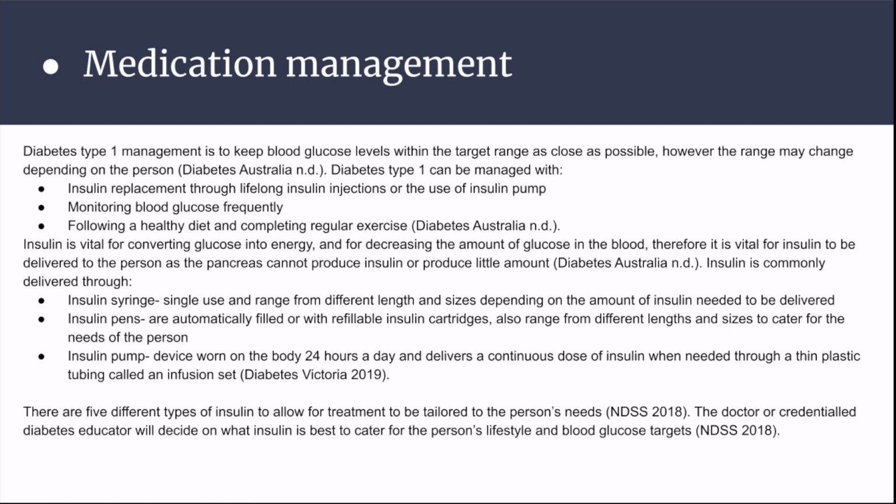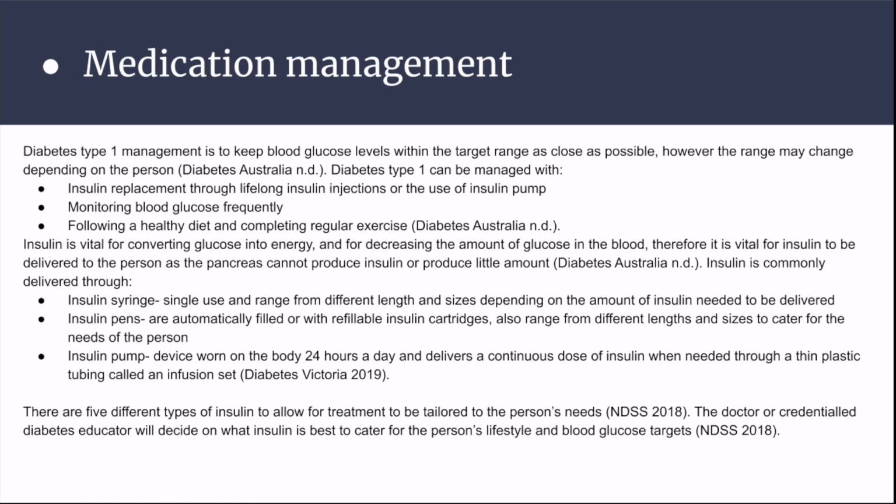Insulin works more effectively when it's injected into the fatty layer of the skin, just beneath the skin and above the muscle, also known as a subcutaneous injection. It is recommended to be injected into the abdomen, however, the thigh or buttocks may also be used. Insulin is vital for converting glucose into energy and for decreasing the amount of glucose in the blood. Therefore, it is vital for insulin to be delivered to the person, as the pancreas cannot produce insulin or produces